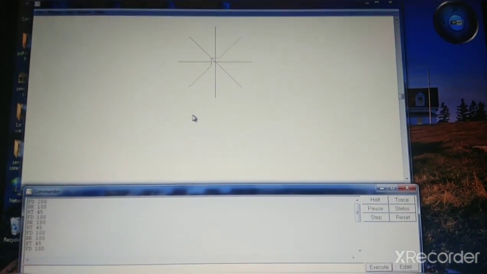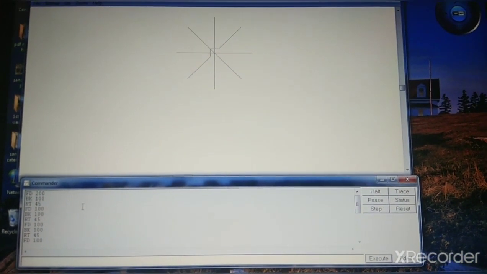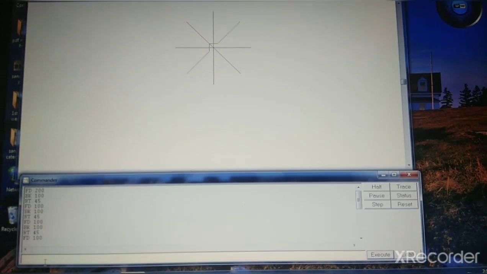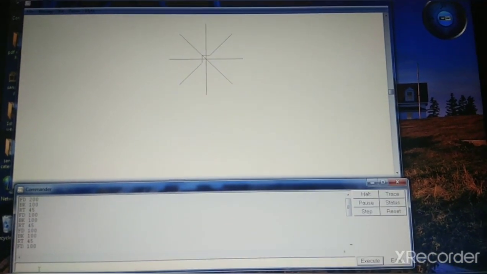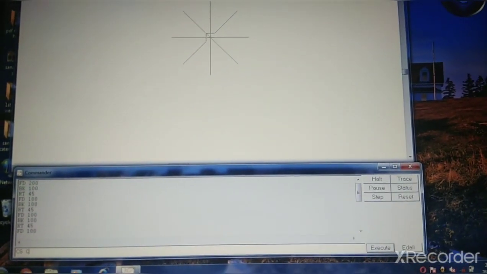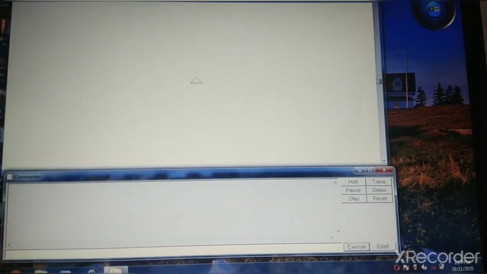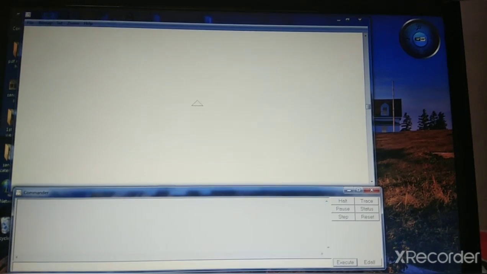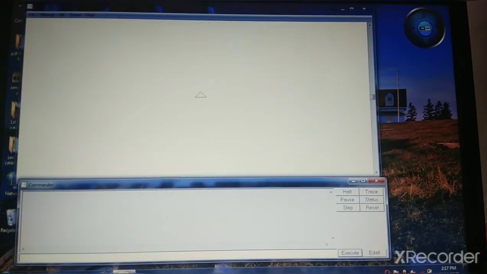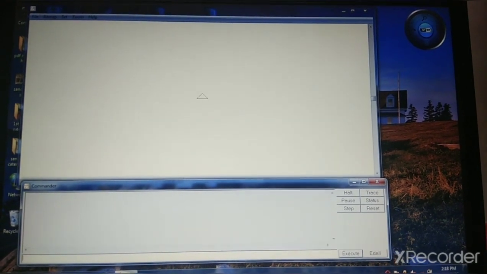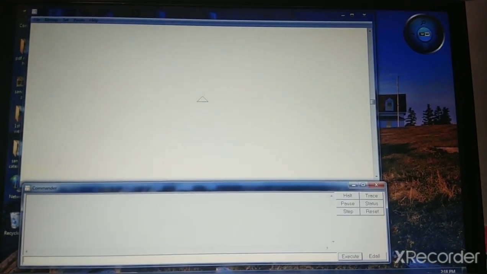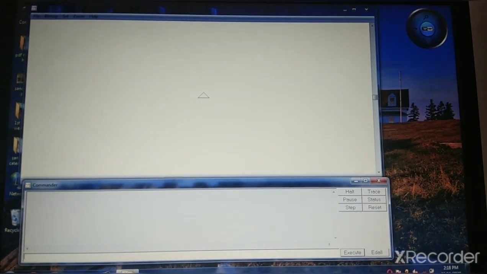Okay children, now we will clear the screen. How to clear the screen? CS space CT. Enter. Now clear. Now we want to close this window. Which is the command to close the window, children? To close the Logo window, which is the command?